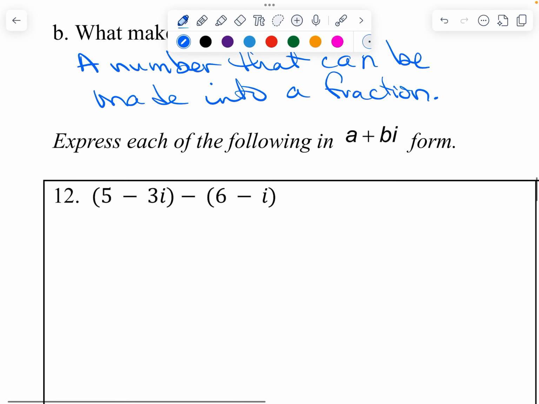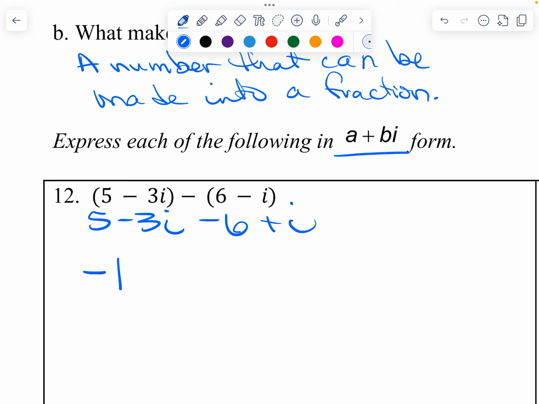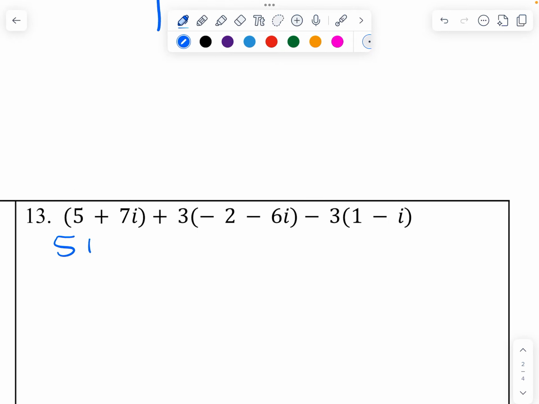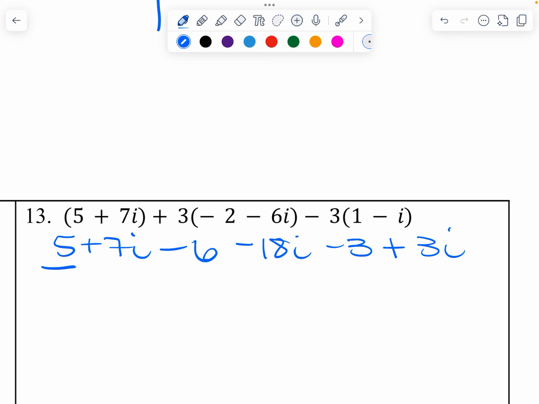Okay, so we're going to express all of this with the real number first and then the imaginary second. So 5 minus 3i minus 6 plus i, so that'll get negative 1 minus 2i. Next, I have 5 plus 7i plus, that'll be minus 6 minus 18i minus 3 plus 3i. Real number, real number, real number. So that'll get me negative 4,